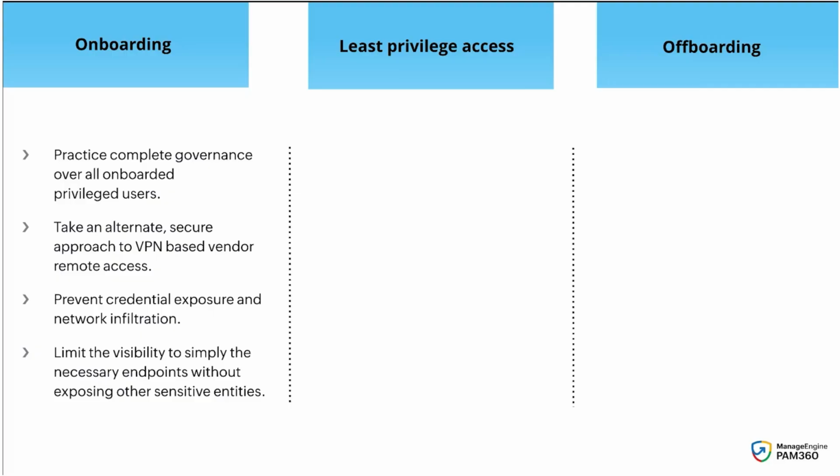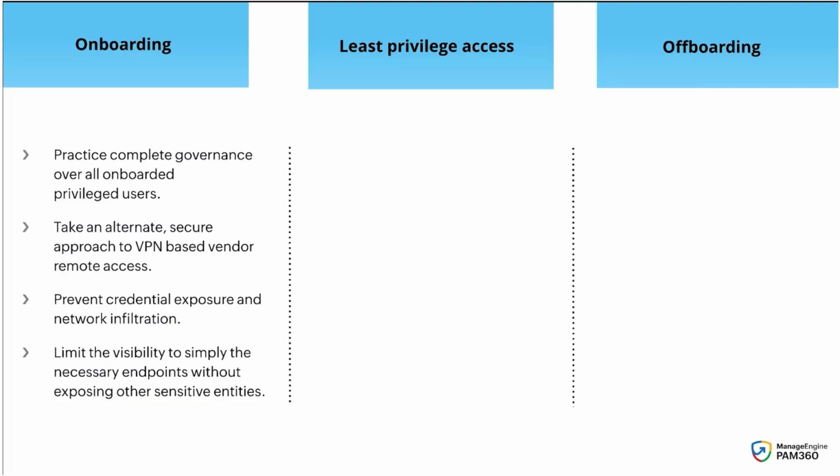You also take an alternative approach to VPN-based remote access, right? And hence you prevent credential exposure and hence network infiltration, right? You also limit the visibility to simply the necessary endpoints that this particular person needs access to, without giving permanent access into the network via VPN or